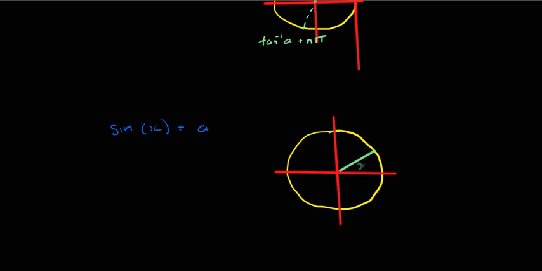That's an angle X. Try that again, I'm not on the pen, sorry. That's an angle X. And if you take its sine, read across the y-axis, you get A. So this angle here is the inverse sine of A. Because when we do this, we understand that A has to be between -1 and 1,